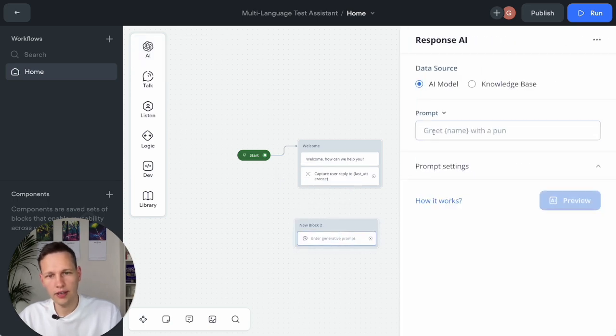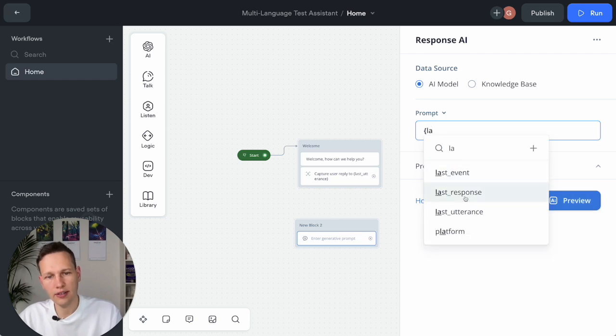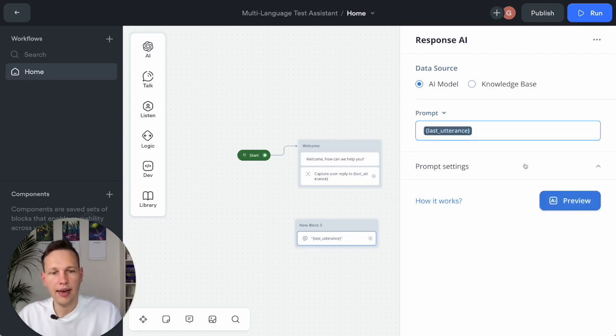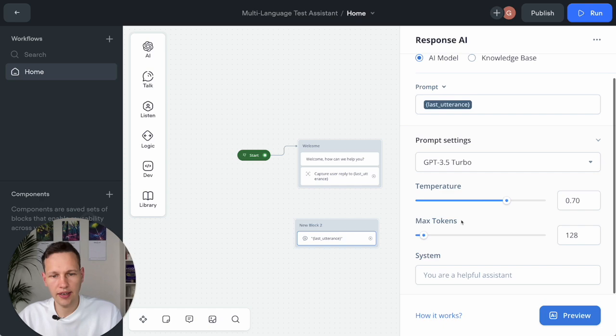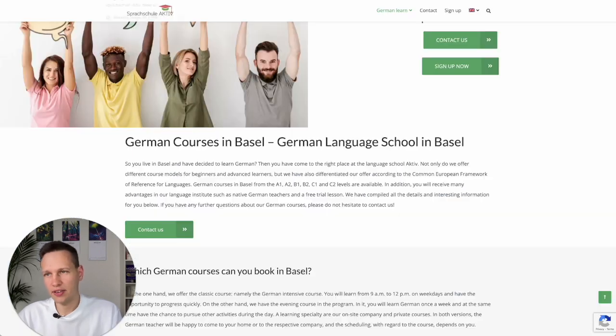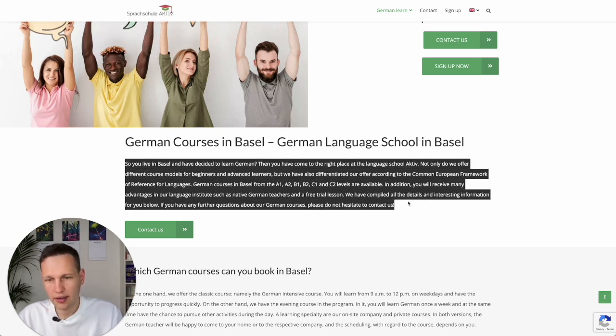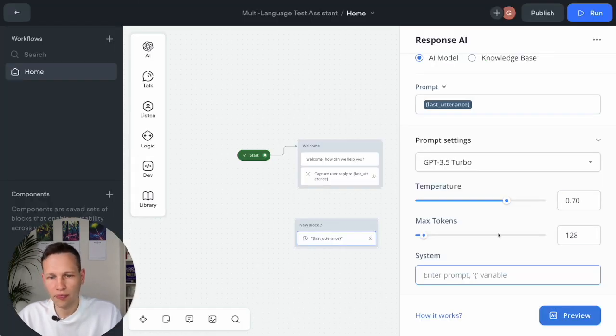And what we do here is, as a prompt, we enter the last utterance. And here in the settings, we can give some information. And what would be nice is if we could just enter the link of this website. But the truth is, links don't really work well. So let's just copy this information text here as a basis and say you are a friendly